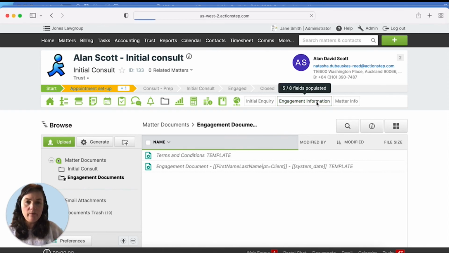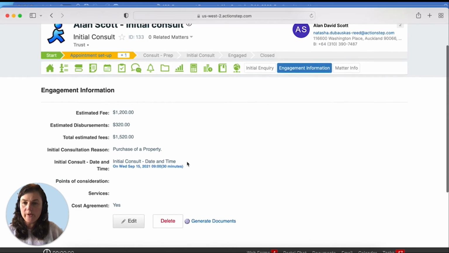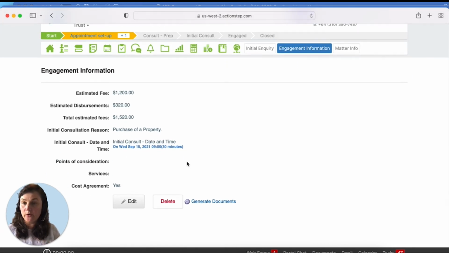So really, where we pulled some of that information from into our document template was into the estimated fees, into the total disbursements, and then this here is a merge field. And we also have our paragraphs that work with whether there is a cost agreement or whether there isn't. So I've actually gone ahead and generated two depending on what we pick for that cost agreement. So if we have a look at them,